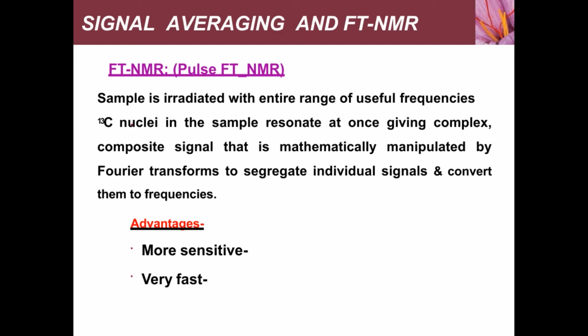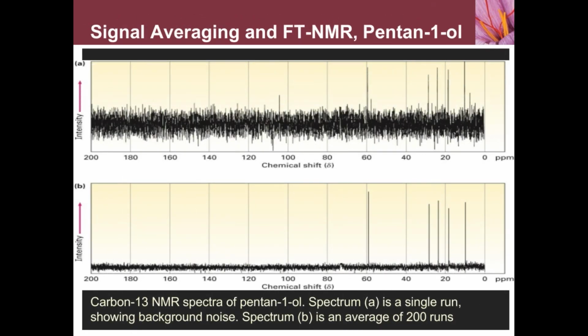If you plot the spectra of chemical shift versus intensity, particularly C13 NMR of pentan-1-ol, then you will come to know that 5 signals are clearly seen in the second